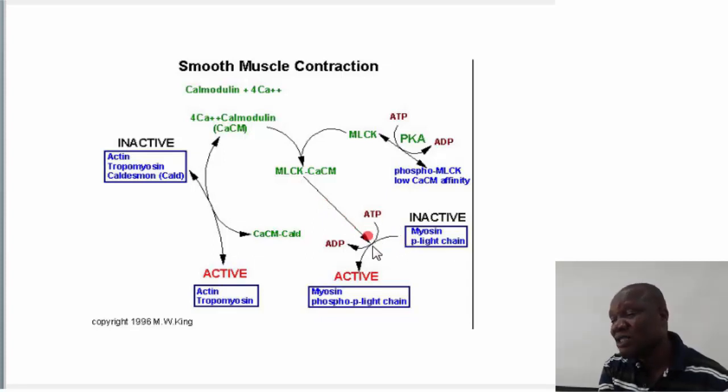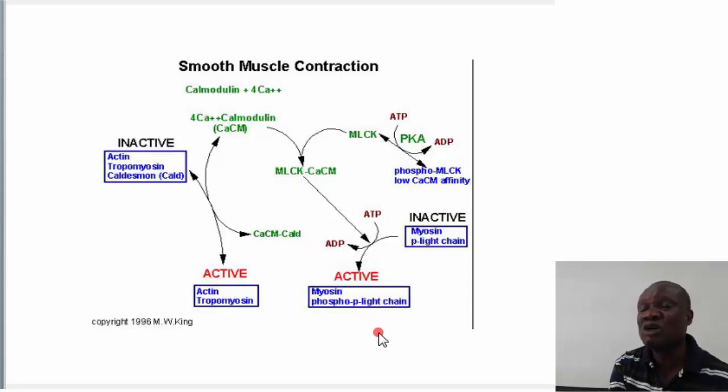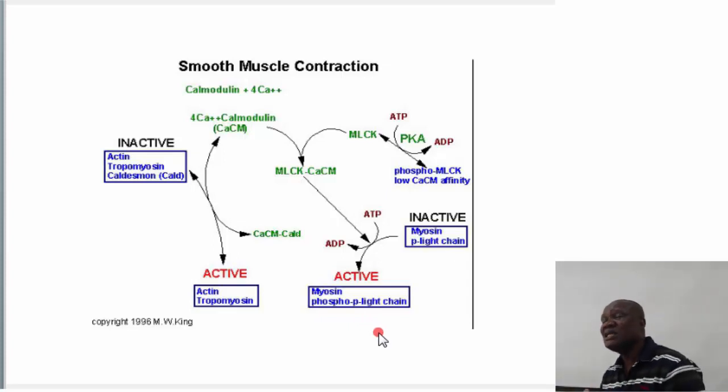Once the myosin light chain is activated through phosphorylation, then cross-bridge cycling would begin. Right. So unlike the other two where calcium will bind to troponin C, and this will cause movement of tropomyosin